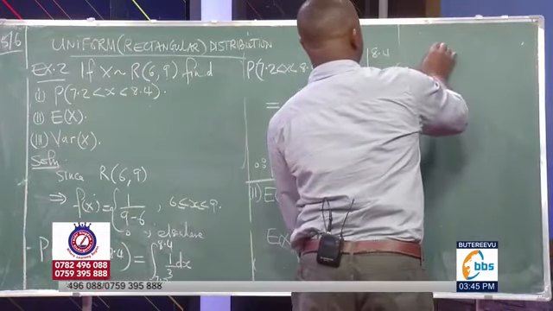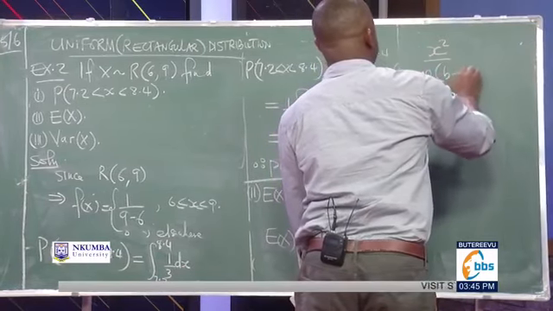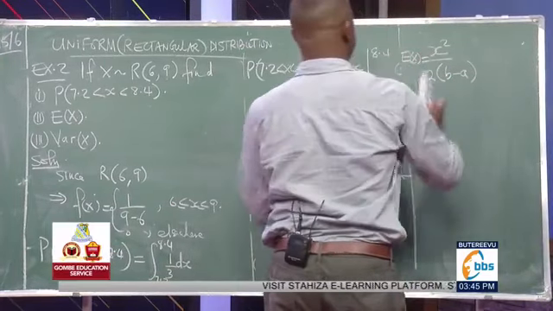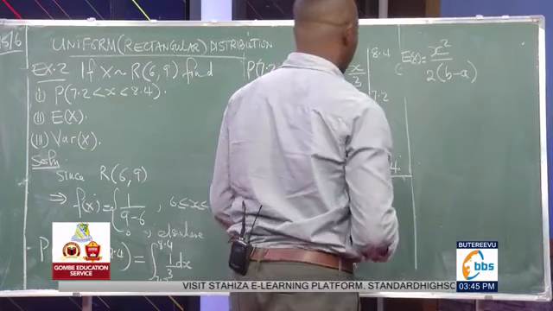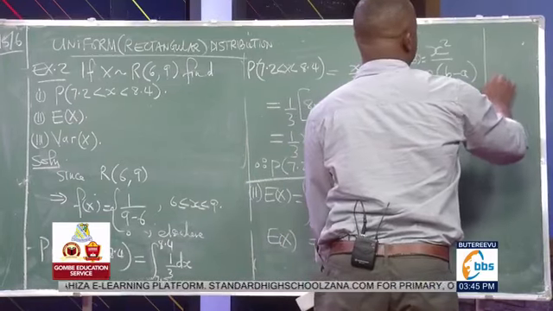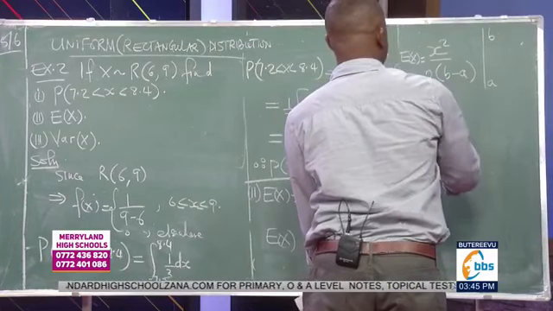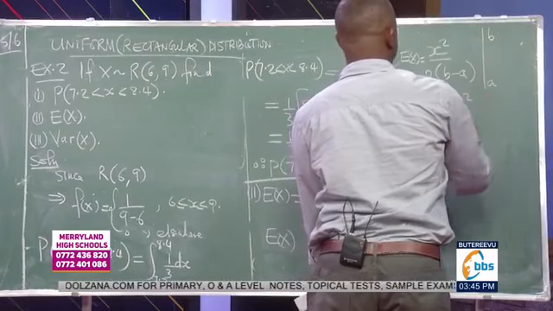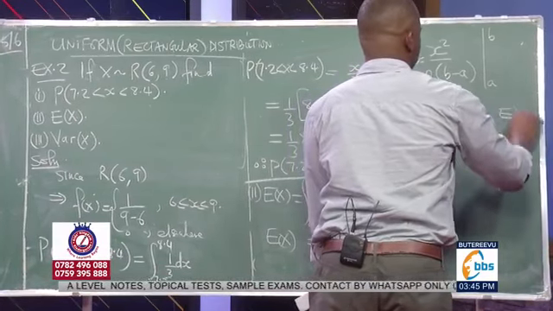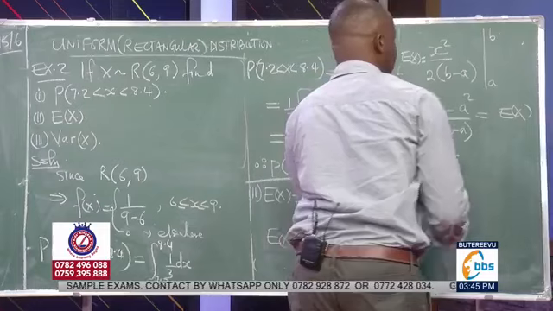Will be x squared over 2 into b minus a. The expectation, the general expression, would be that. And if the limits are known as a, b, it means we are saying b squared minus a squared over 2 into b minus a is the expectation, the general expression. So the expectation, general expression, will be the same as